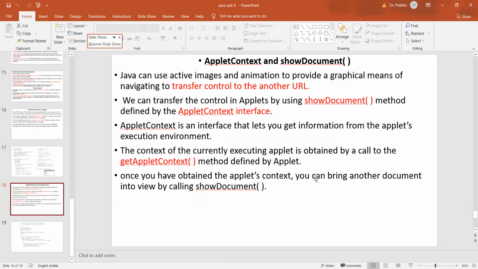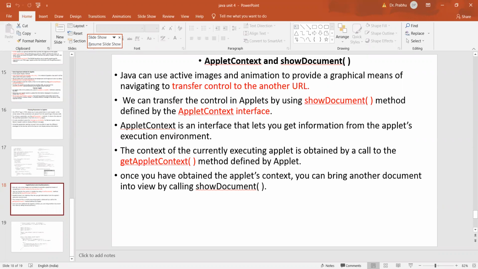Next, the interface in updates. The feature of that interface is that it is possible to transfer the control from the applet to some other URL. Another feature, if you observe the first point, is that it can be done by using active images and animations. We know there will be links with text. For example, if there is some link, www.something, that link will be present in text form.